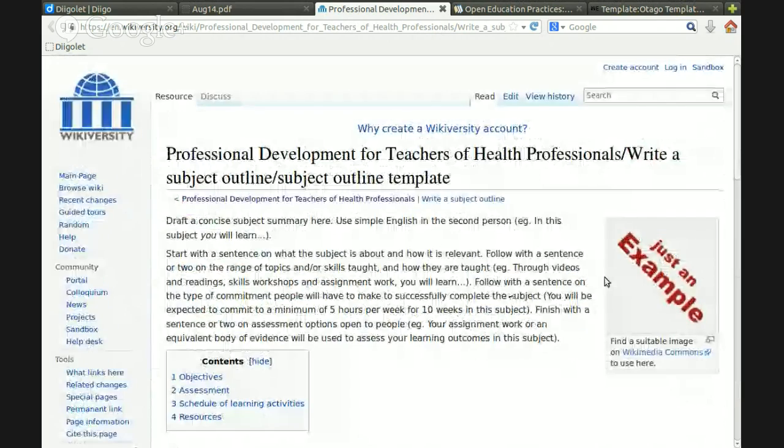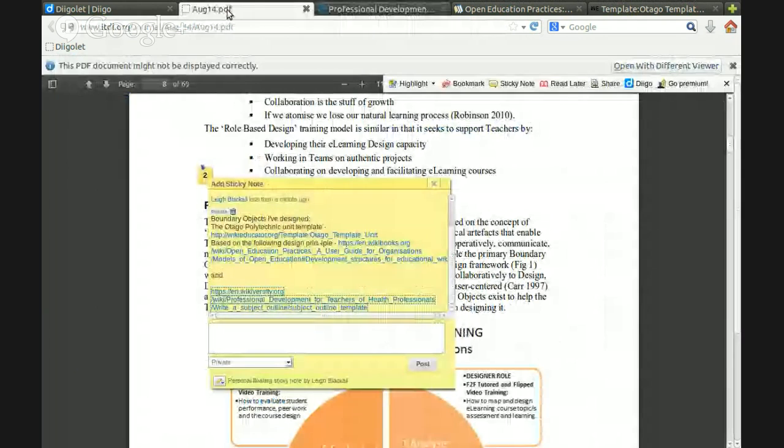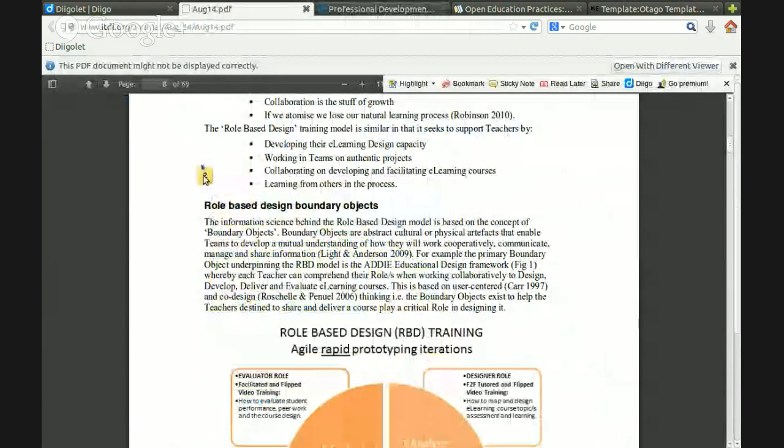Okay, so really what I'm creating this little video for is asking Stephen, are these boundary objects? Is this what he means by a boundary object? Can you recognize the wider design intent, more like the brief, that has generated these boundary objects? And then I'd like to go into a conversation of, Stephen says that he's having great success with the role-based design, and